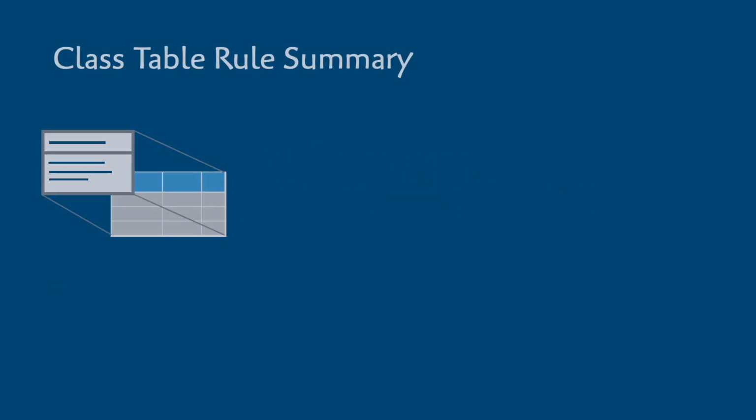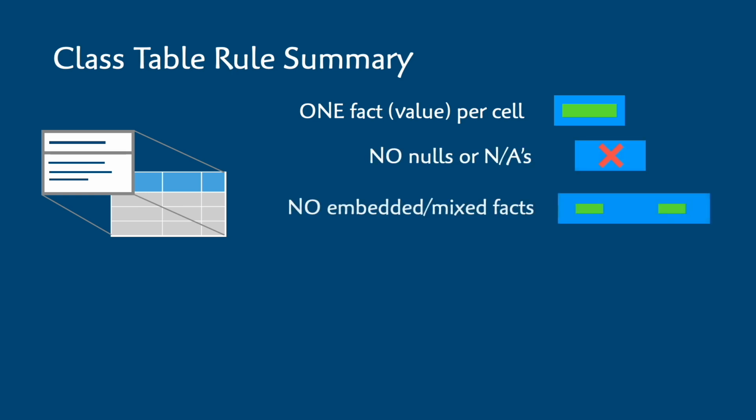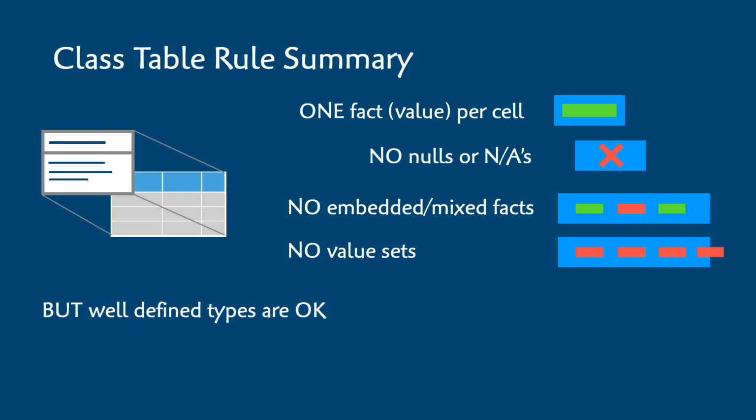Okay, time to wrap up. Key points in this video. There are just a couple of rules that we follow when structuring our class tables. Rule 1 is that a row-column intersection, or a cell, must contain exactly one fact. This means that not applicables and nulls are not allowed. You can't embed extra facts inside the content of a cell, and you can't just jam an unending series of values in a cell. That said, you can define a value to be as complex a structure as you like, but you'll need to define a type and a set of operations for processing that value.